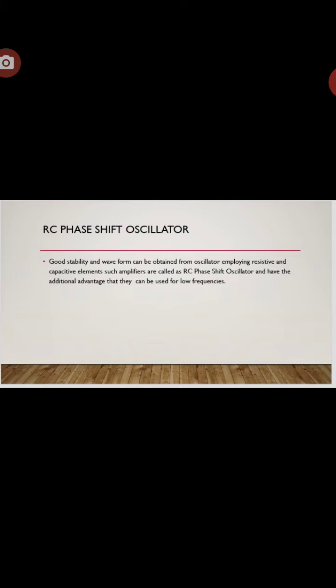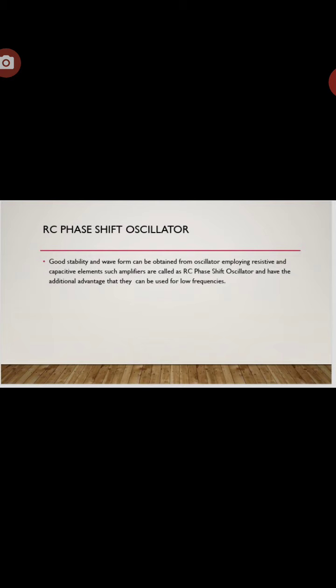Now the second one is the transistor. A transistor is a device that regulates the current or voltage flow and acts as a switch or gate for electronic signals. Here the transistor also works as an amplifier. When the transistor works as an amplifier, it takes a tiny current, that is the input current, and it provides a huge current, that is the output current. So this is about the transistor.